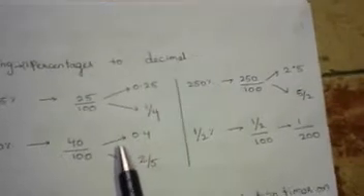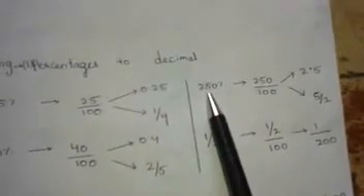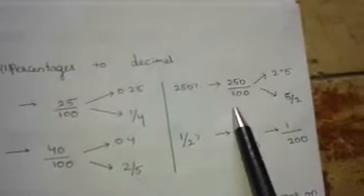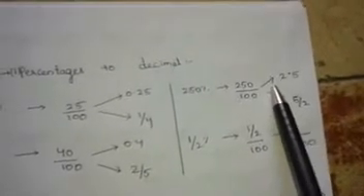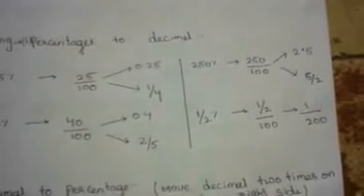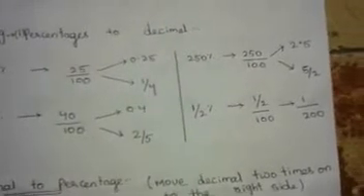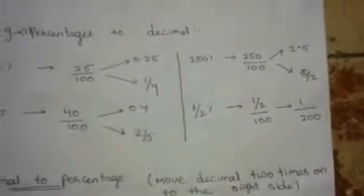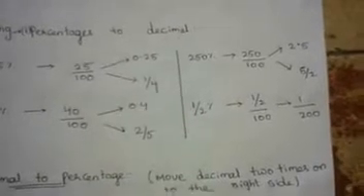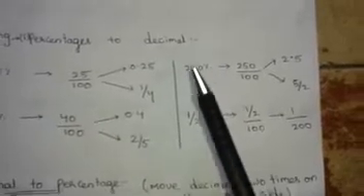Now let us have a look at other examples. 250% can be written as 250 by 100, which is also written as 5 by 2. At this point, let me tell you that most people have a misconception, thinking: can the percentage value be greater than 100? Let me tell you that the percentage value for a given number can be greater than 100. Here is the example, 250%.